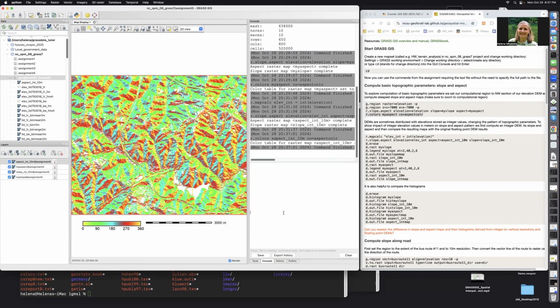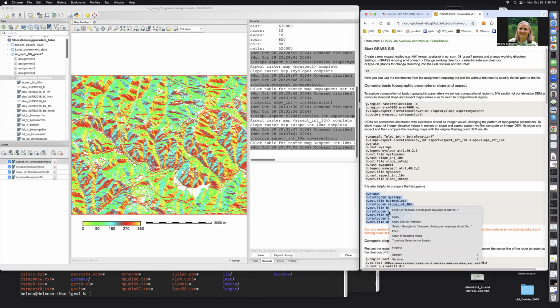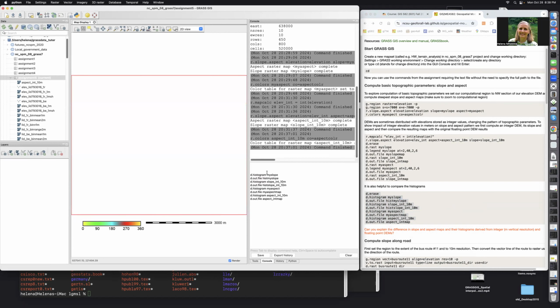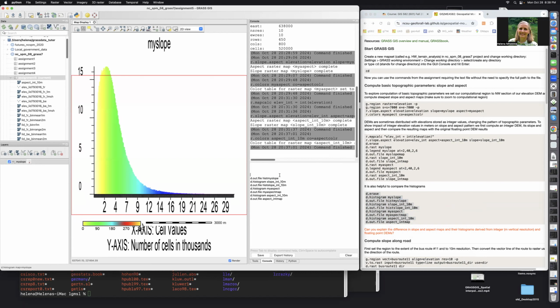Okay, so these are the maps for our report that compare the spatial pattern of slope and aspect derived from floating point and integer DEM. It is also helpful to look at the histograms. So let's now generate histograms for these maps. So this is how the histogram looks like for the